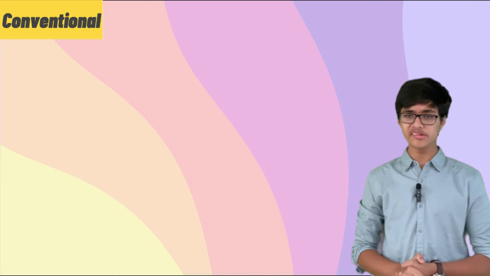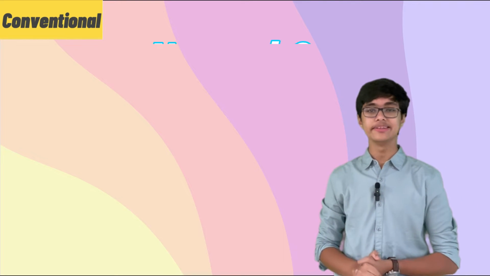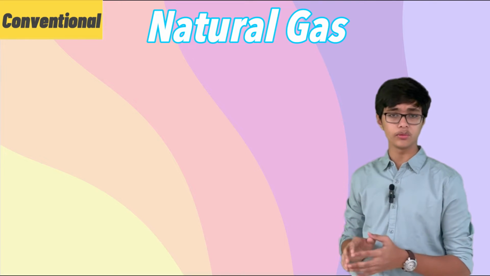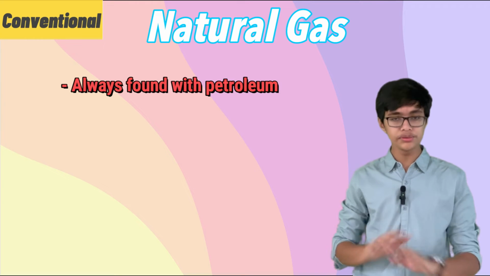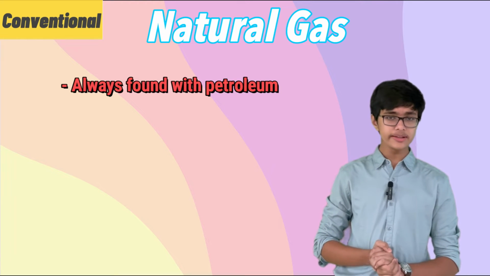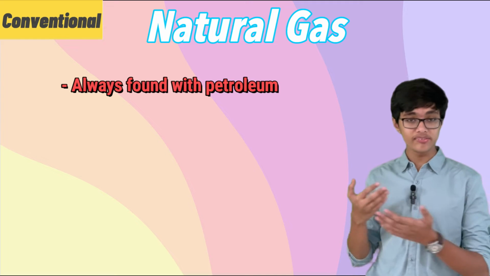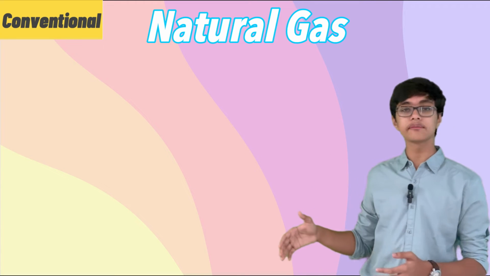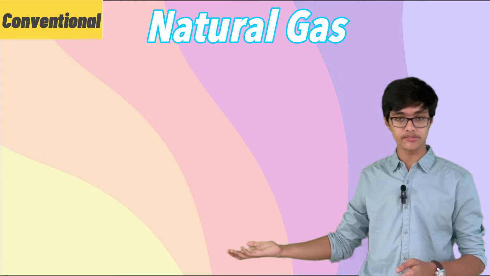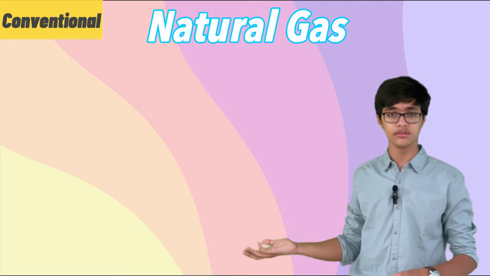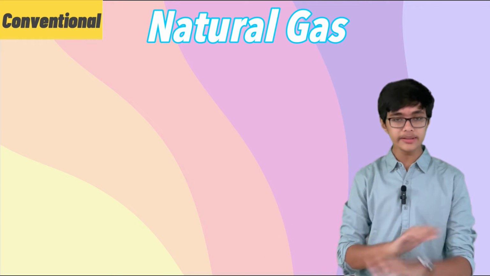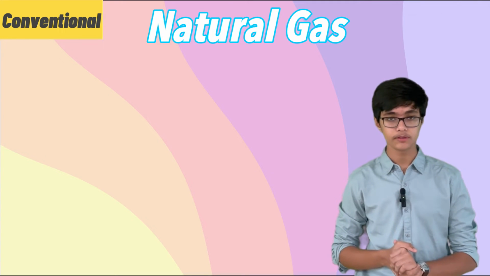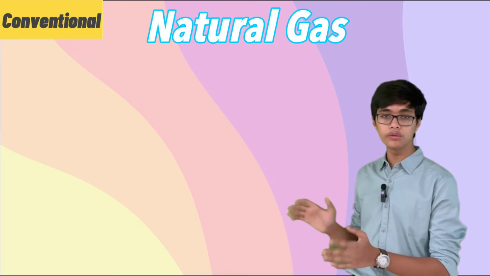Now, the third conventional resource that we'll be talking about is natural gas. Natural gas is basically this companion for petroleum. Wherever you find petroleum, you will always find natural gas. Basically, when petroleum was formed, this natural gas was also formed along with it. And so, whenever we drill to extract petroleum, first comes out natural gas, which comes out at a very, very high pressure. And this natural gas can be used for many, many things and can be replaced for petrol, diesel, etc. in our daily lives. So, natural gas basically always comes along with petroleum.